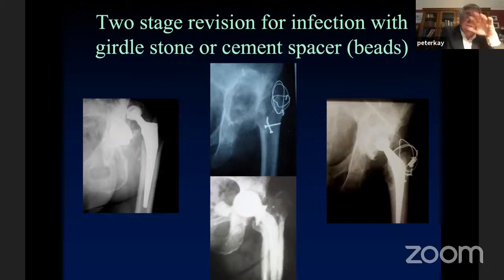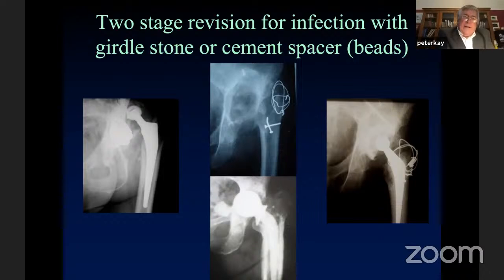I mean, there are some surgeons in the world that have done that. There's some quite large series from South America, actually, where people have washed the bone graft and gone ahead and done a one-stage revision with bone grafting. But in my hands, I've not been happy to do that. So the contraindication for one-stage revision in my hands is if I do want to restore bone stock.